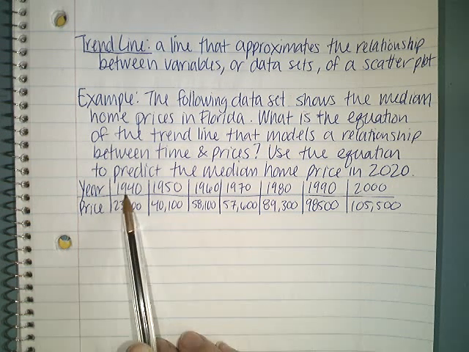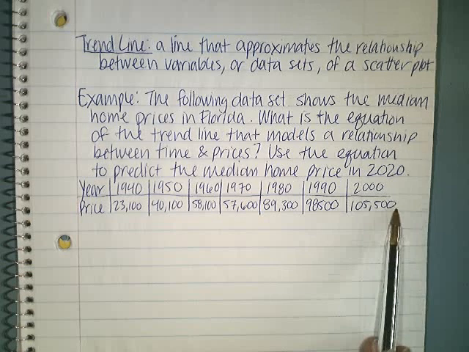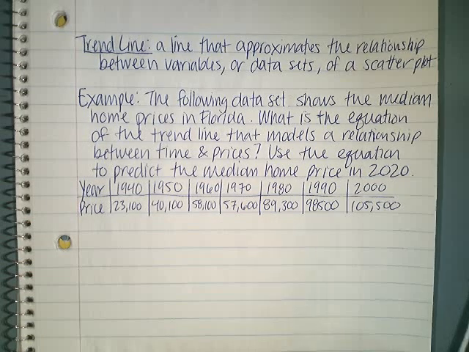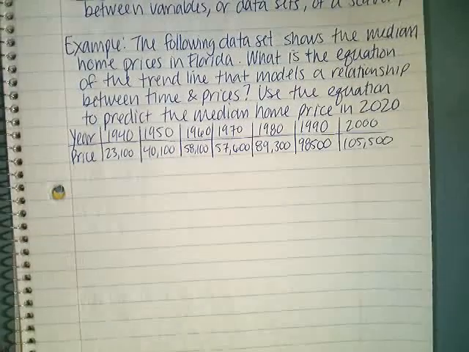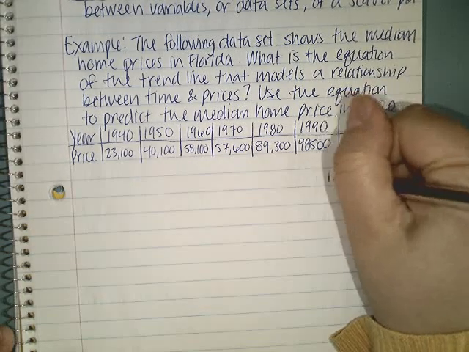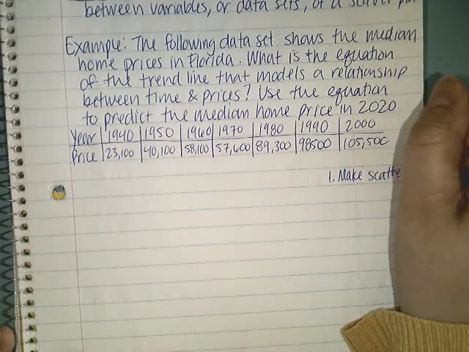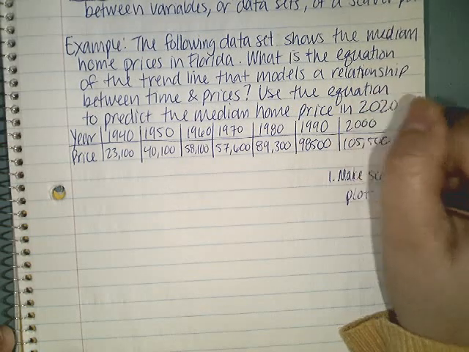So here it starts in 1940, it goes up to 2000. These are the median home prices in Florida. So the way we would approach this problem is to first and foremost make a scatter plot. So we're always going to start by making a scatter plot so we can see the general trend that is